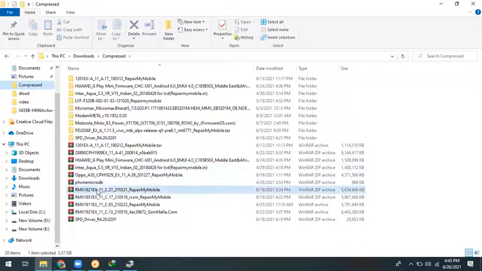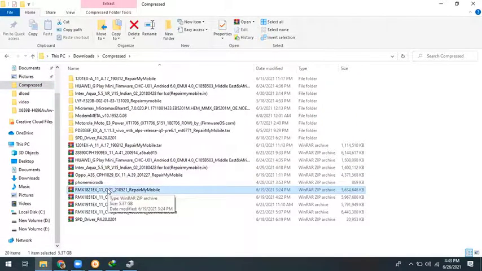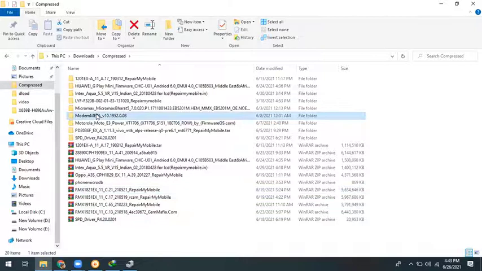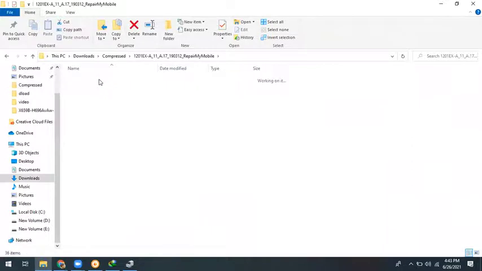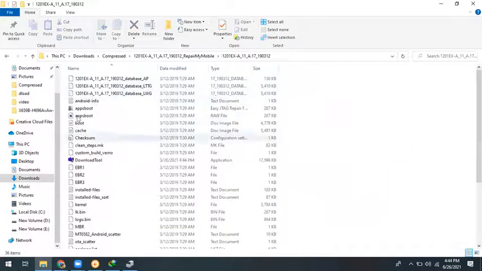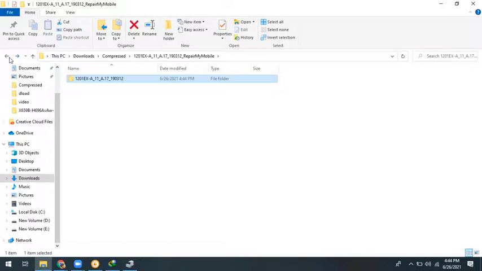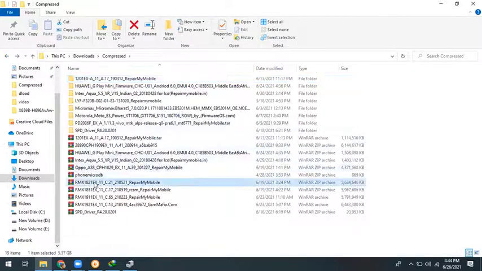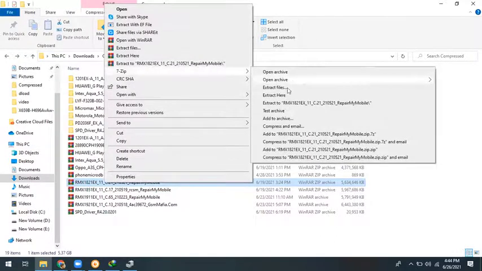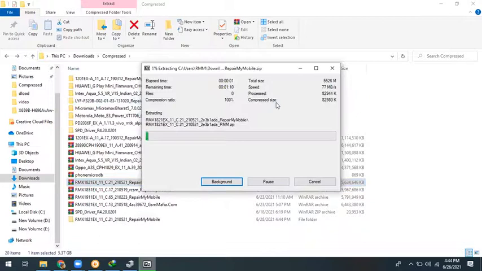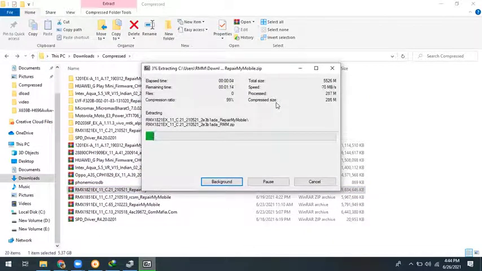For example, I have a file RMX1821. RMX is a MediaTek model. Click 7-zip and extract it. Please wait, guys, now it is extracting.